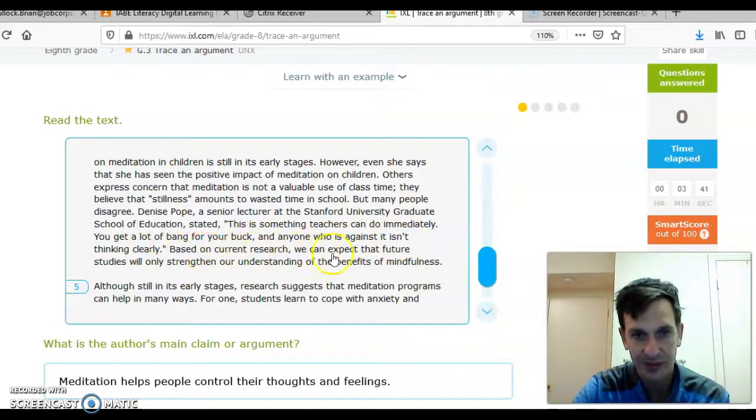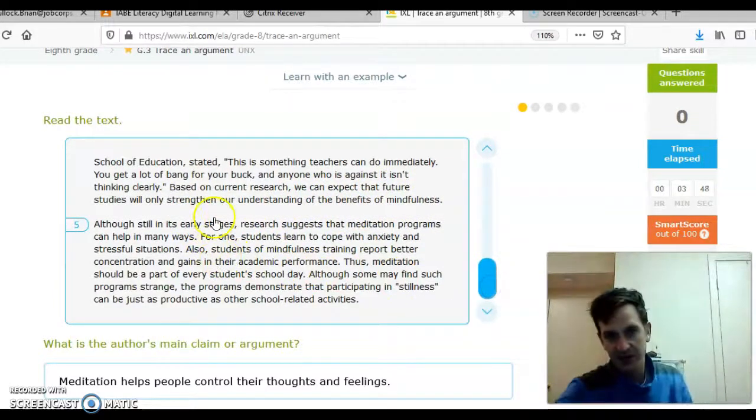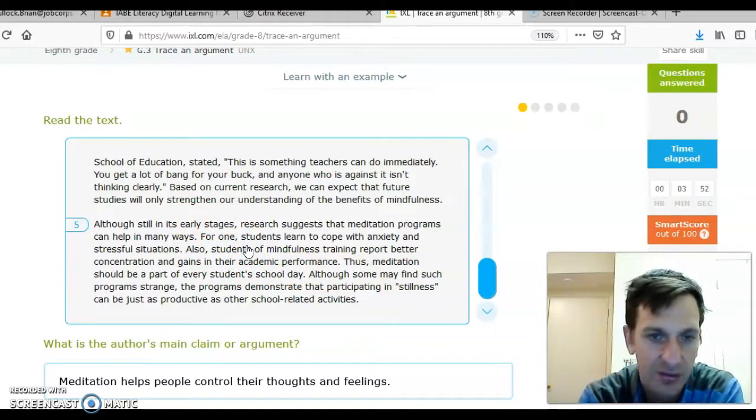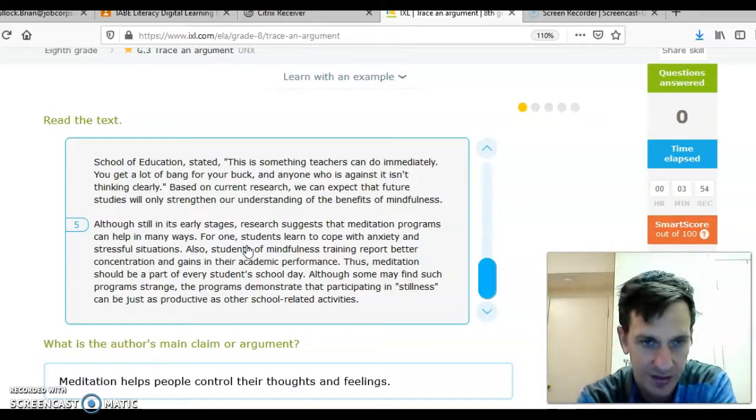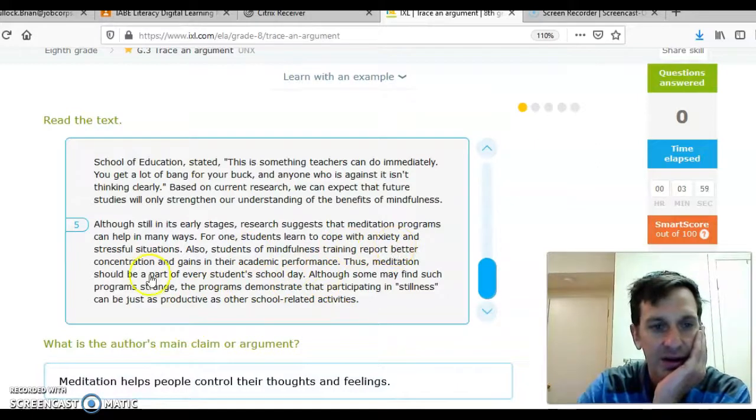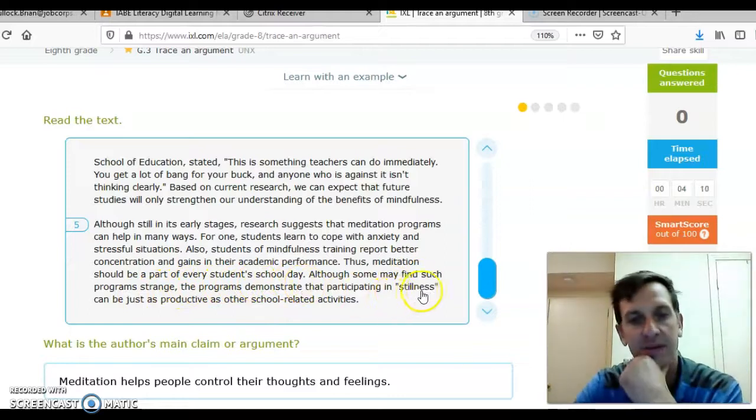Based on current research, we can expect that future studies will only strengthen our understanding of the benefits of mindfulness. Although still in its early stages, research suggests that meditation programs can help in many ways. For one, students learn to cope with anxiety in stressful situations. Also, students of mindfulness training better report concentration and gains in their academic performance. Thus, meditation should be a part of every student's school day. Although some may find such programs strange, the programs demonstrate that participating in stillness can be just as productive as